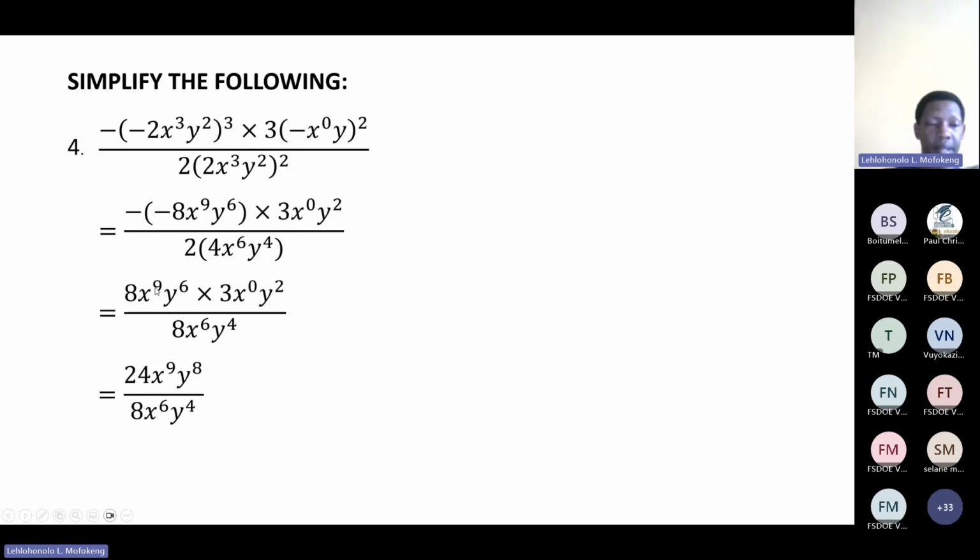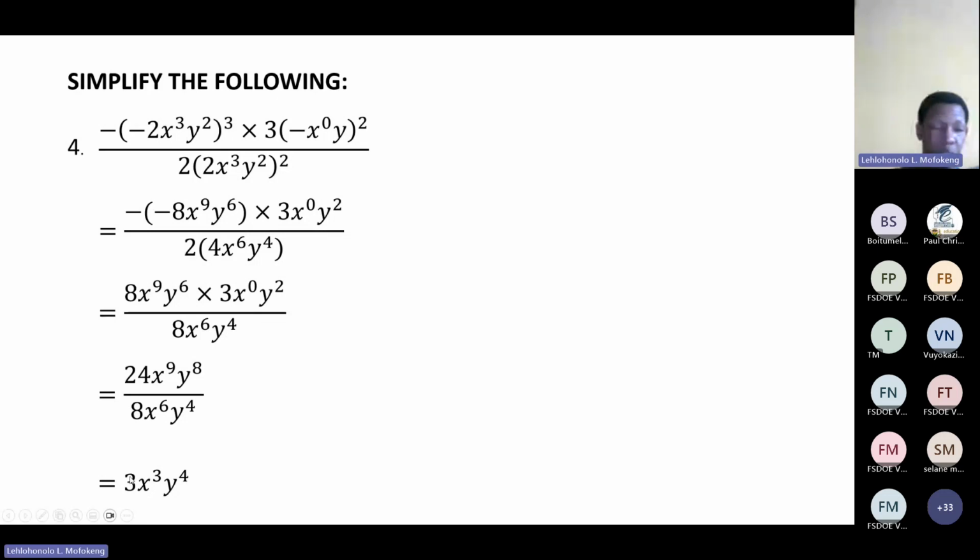We multiply x to exponent of 9 by x to exponent of 0. 9 plus 0, it will still be 9. Y to exponent of 6, y to exponent of 2. We add 6 plus 2, it will be 8. Divided by 8x to exponent of 6, y to exponent of 4. And then, which will give us 8 times 3 is 24, okay? And then 24x to exponent of 9, y to exponent of 8, being divided by 8x to exponent of 6, y to exponent of 4, it will give us